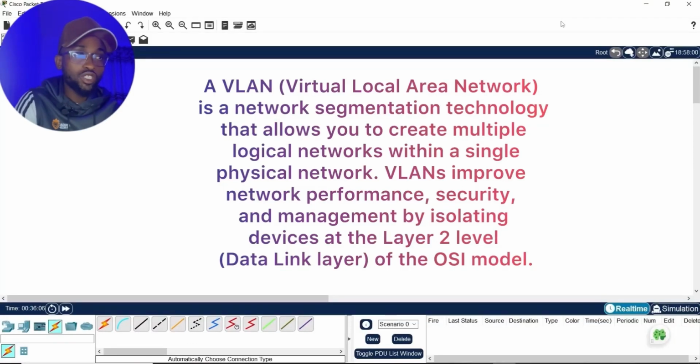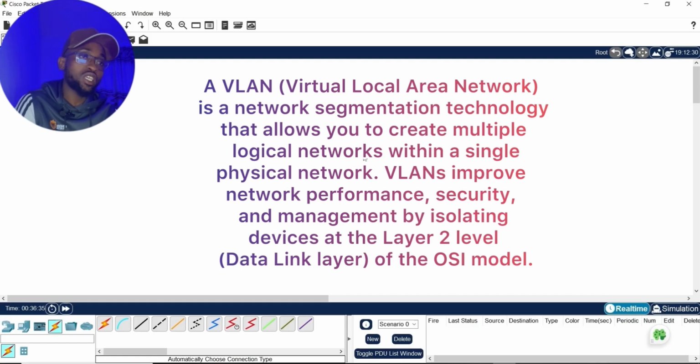So what we'll be doing now is the configuration of VLAN. So what is VLAN? VLAN is a virtual local area network. It is configured on a switch. Like let's say in a company they have like 3 departments and only one switch. So you configure VLAN on this switch so as to segregate the laptops in this department to not communicate with